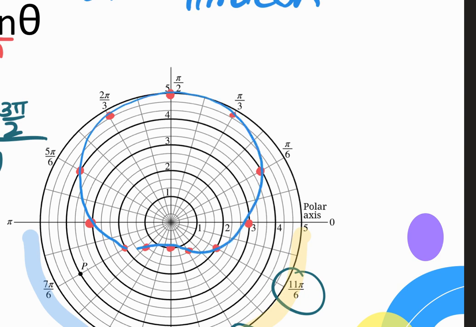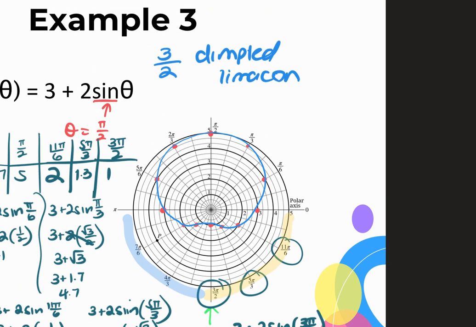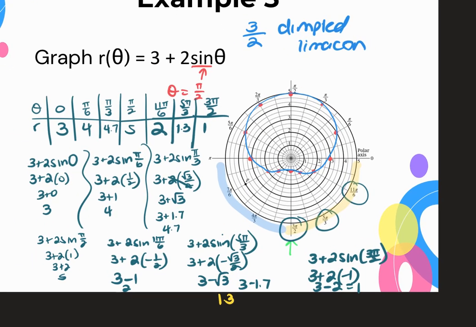When doing these, does our circle have to be good? No. As long as you're connecting your points and as long as you can tell the difference between a dimple and a cardioid and a dimple inner loop, you should definitely be able to tell the difference. And a dimple and where it's flat, the convex, as long as you can tell the difference, then it should be okay. So what questions I've seen on the AP practice, you'll see obviously in your homework, but some of them are multiple choice, like which of the graphs is it? Some of them are describe the type of graph, and this would be a dimpled limaçon. It could ask you about its symmetry, okay? And then it could also ask you about the interval on which this would not repeat